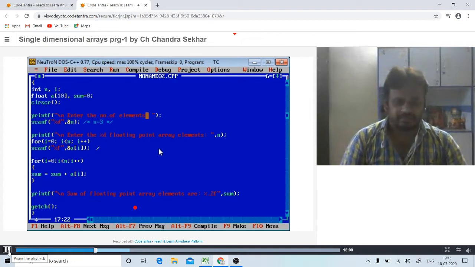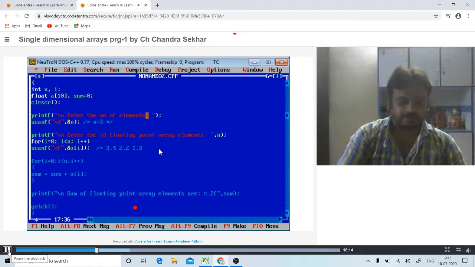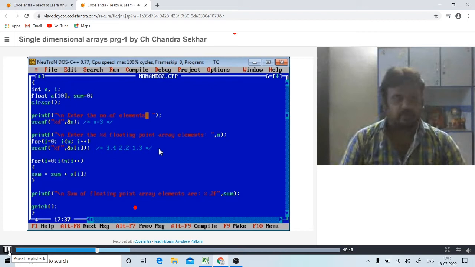Give 3 floating point array elements: 3.4, 2.2, 1.3. By default 3.4 is stored at the 0th location a of 0, this one at a of 1, and this one at a of 2.